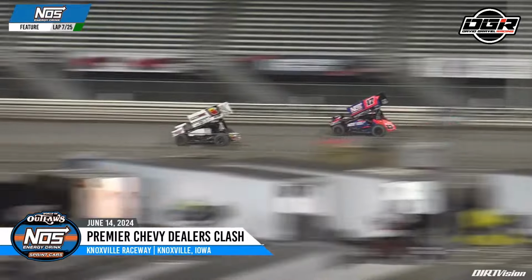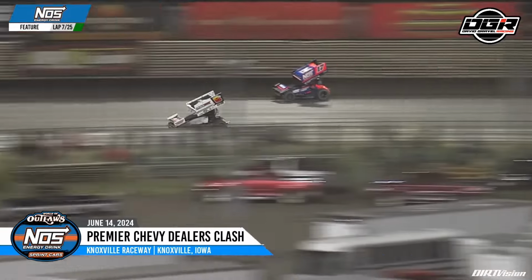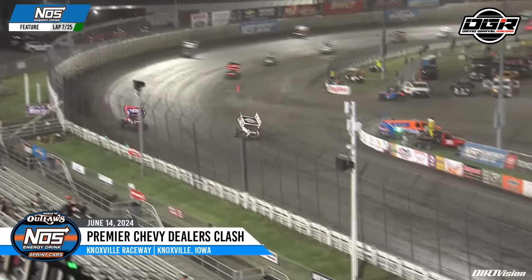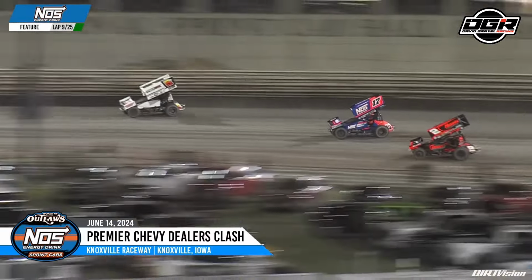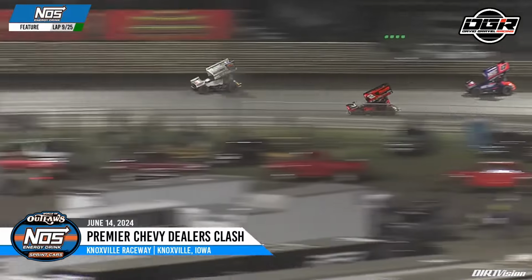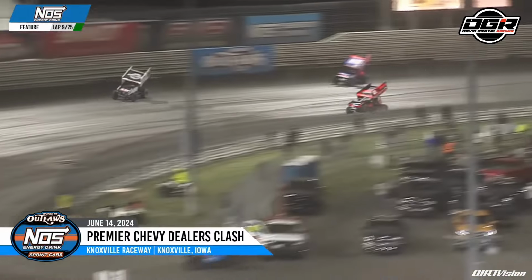Now Sheldon with a run on your leader, down the back straightaway, Parker Price Miller on the bottom. Here comes Sheldon Hodenshield to the outside. Your race is for the lead off of turn four. Sheldon Hodenshield and David Gravel getting closer. David Gravel to the inside of Sheldon for second. Move the Big Game Motorsports number 2 back to second, and he looks for the lead on the inside in